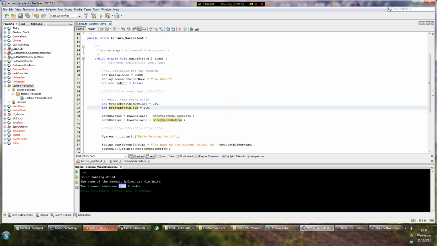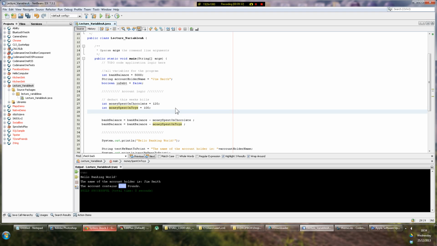And now let's think of another one. Just for the aid of example, we'll think of another one because I want to show you another cool little trick. Right, let's say he likes comics too, this bloke. He's not very mature, is he? But he could be a school kid. So we'll call it money spent on comics. And of course this could be cars, luxury yachts, buildings, anything. So he spent 1,000 on